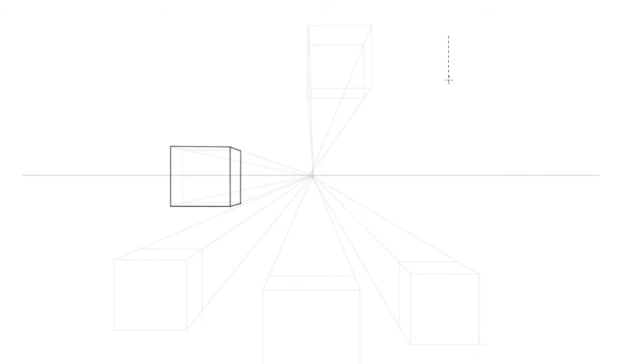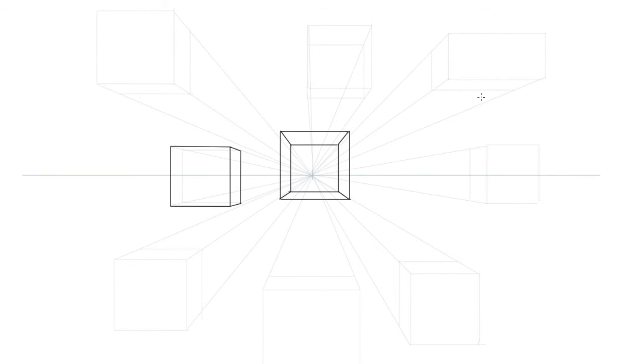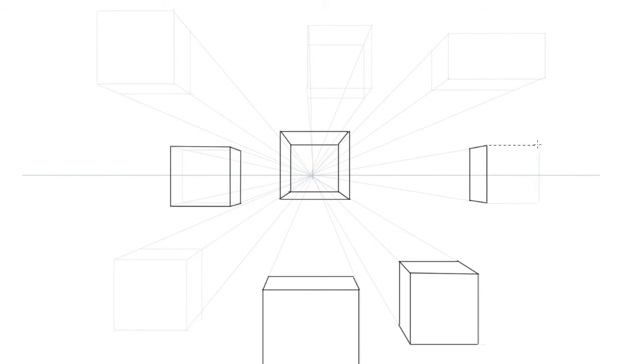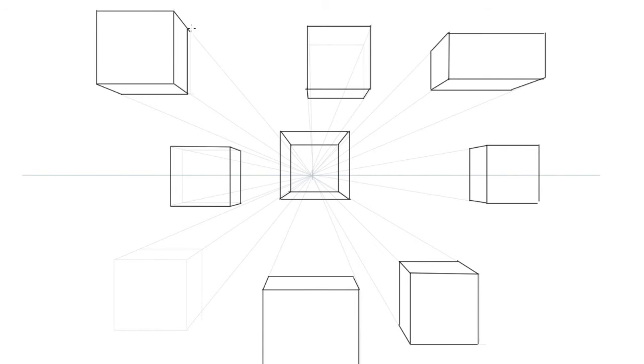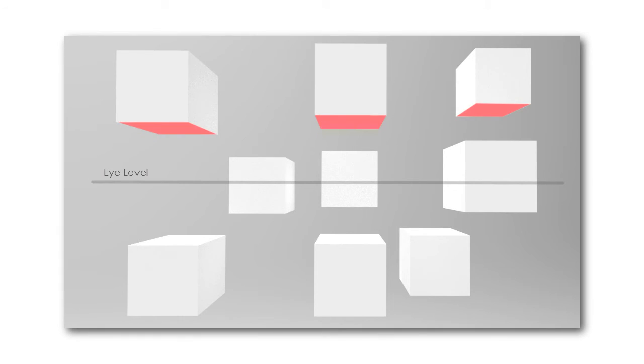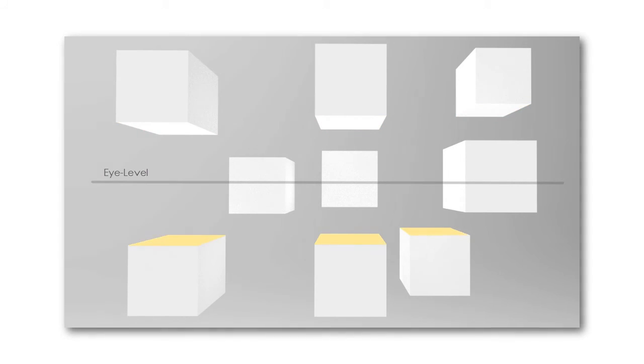There are several ways to measure the exact amount of foreshortening for our drawn objects, but they require a little more knowledge on perspective drawing, so we will study them further in the course. For now, we will try to eyeball the length, remembering that the further away the box is, the shorter and smaller it will look. Notice how when drawn above the eye level we can see the bottom face of the box, as if it was floating over our heads, and when drawn under the eye level we see the top faces, as if they were on the floor at our feet.